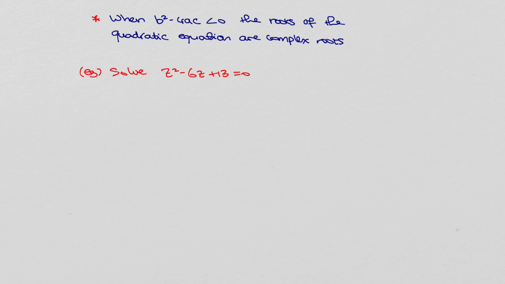In other words, we will never be able to find a number that multiplies to give us 13 and adds to give us minus 6. So instead, when we can't find factors that way, we will always look at taking the coefficients of z squared, which is a, in other words 1 in this case, the coefficient of z, which is b, in other words minus 6 in this case, and then the constant, which is c, so 13 in this case. So if we sub that into our minus b formula,